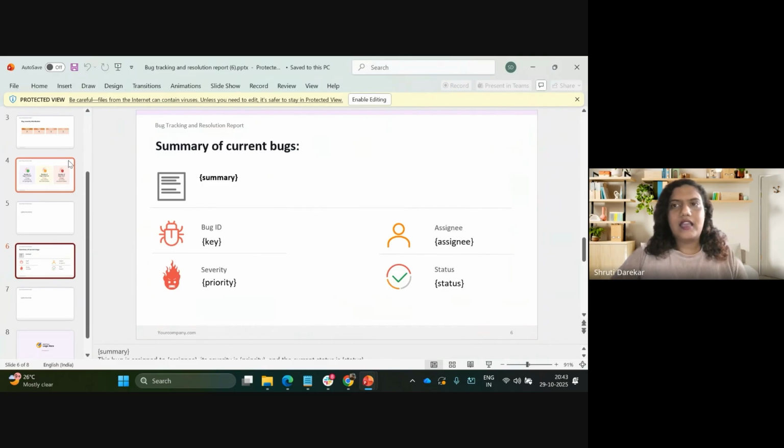These templates are available in the app. You can directly download, just like how I downloaded it right now, to get an idea of what all things you need to add in a PPT.